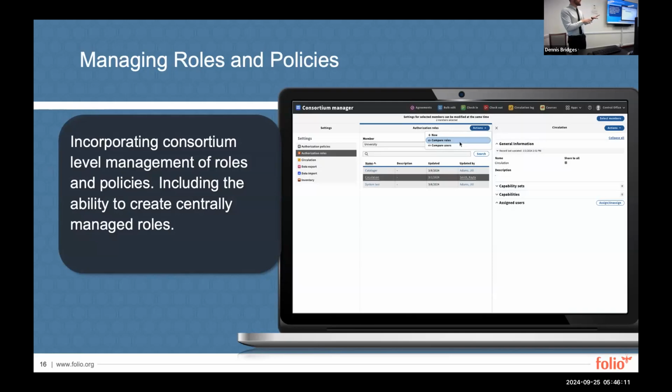There was functionality, I don't have a screenshot here, added for managing permission sets in the consortia manager. And if some of you have attended some of the Eureka sessions that have happened in the last day, you might recognize this terminology, roles and policies. This is work that's being done during Ramsons to also allow for the managing of roles and policies